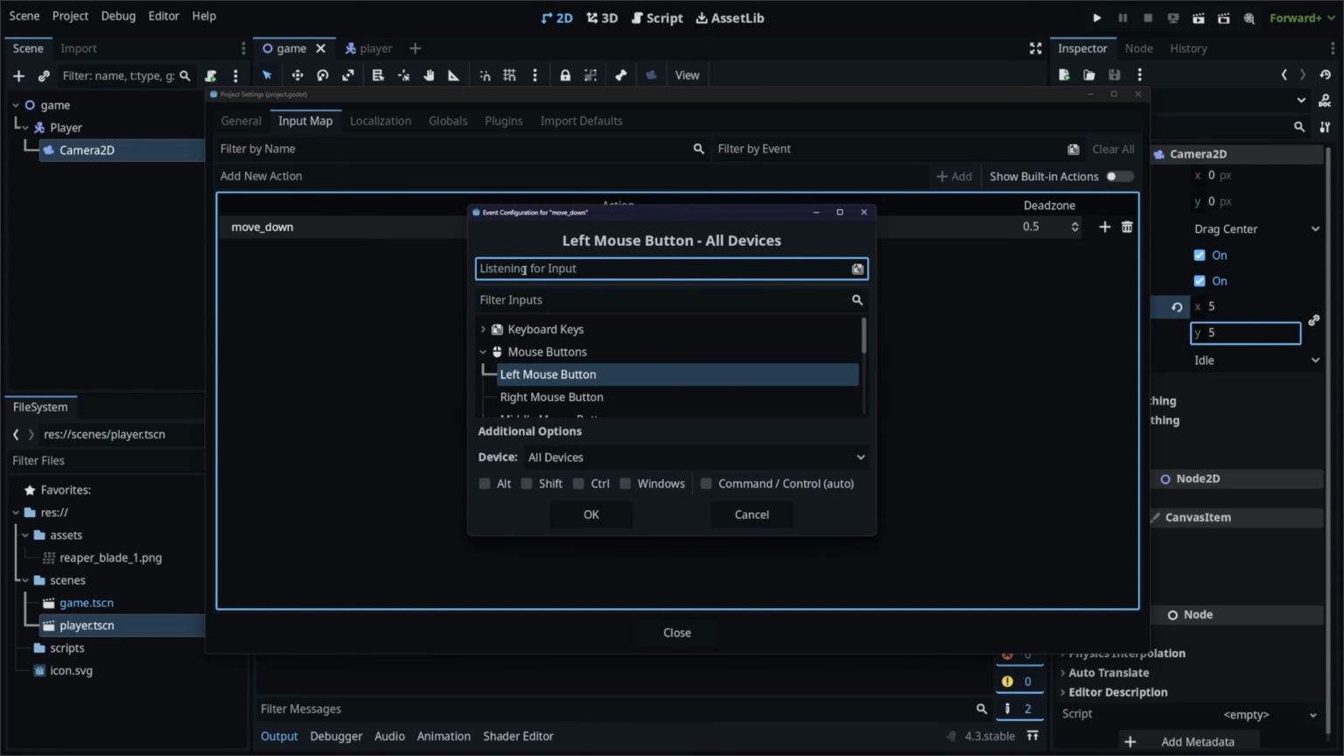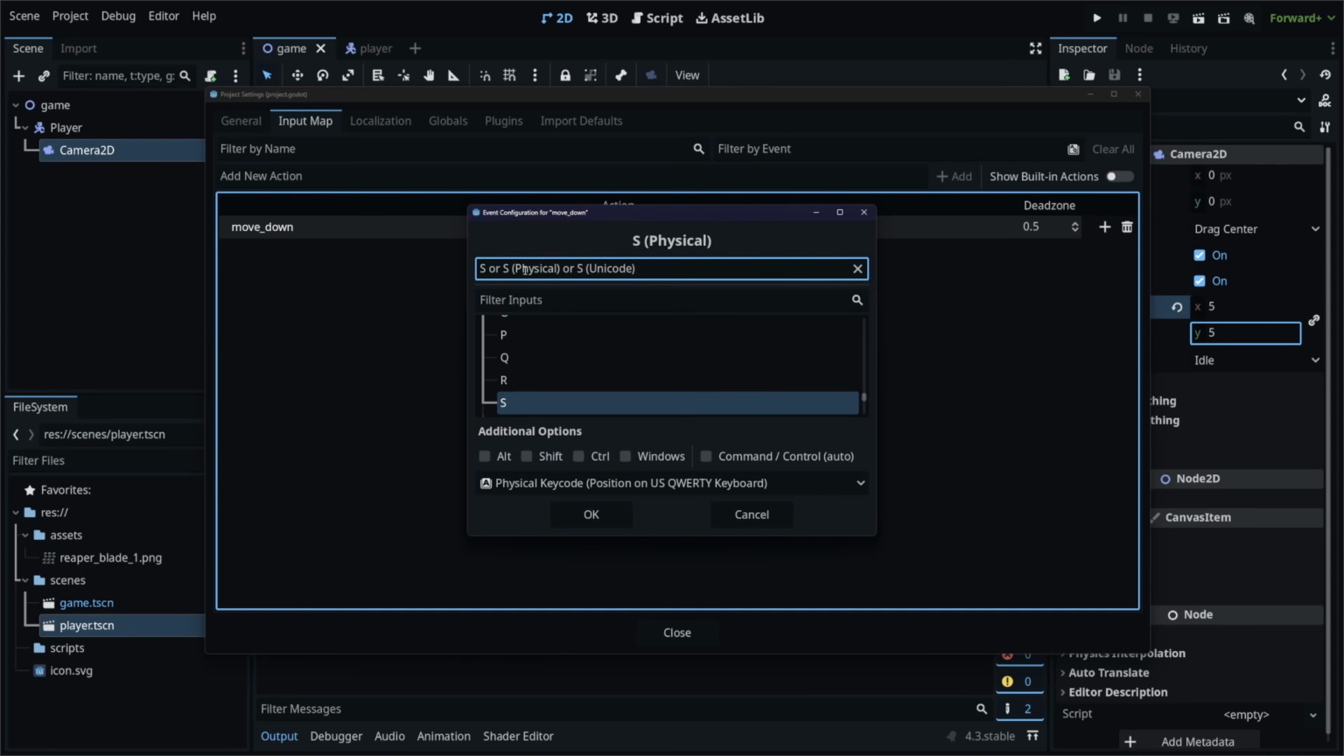So for the move down, I'm going to use the S key. When I hit S on my keyboard, it'll automatically find it over here. And you can also add additional options so that Alt S, for example, will move down instead of just regular S. And you can have Shift S, Control S, and so on. But I'll leave these blank for now, and I'll just have the S key move my character down by clicking